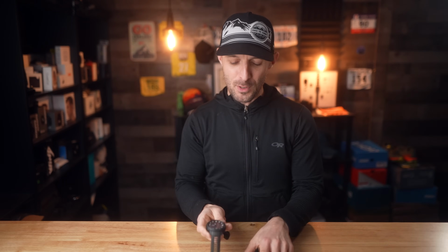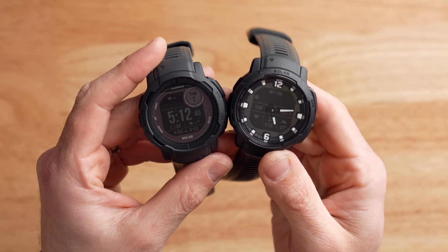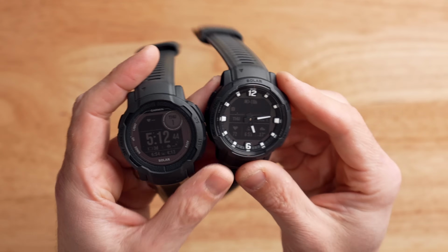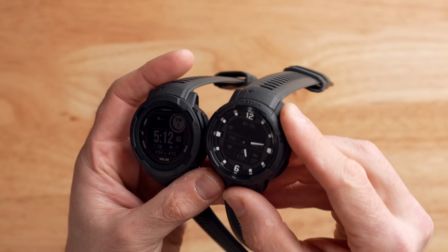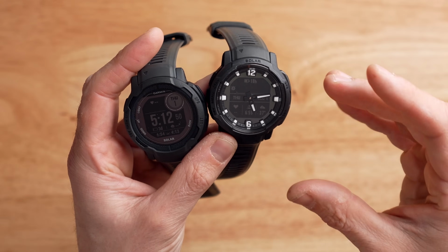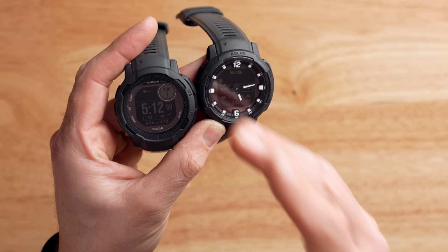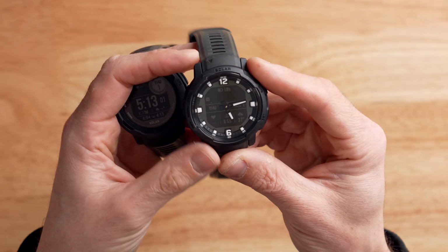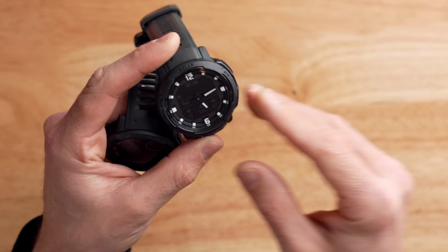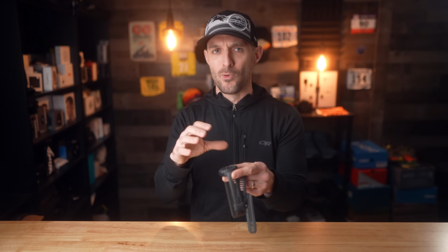When it comes to the design and aesthetics of the Instinct Crossover, there's really something about this watch, and I can't really put my finger on it. But if you compare the Instinct 2 on the left side of your screen to the Instinct Crossover, you can see that there's kind of a 3D effect on the Instinct Crossover, and that's thanks to the hands, the mechanical hands underneath the glass. So on the Instinct 2, the glass surface is pretty close to the display, whereas on the Instinct Crossover, the glass surface is pretty far from the display, and that creates this sort of diorama